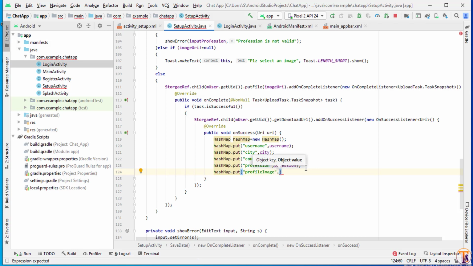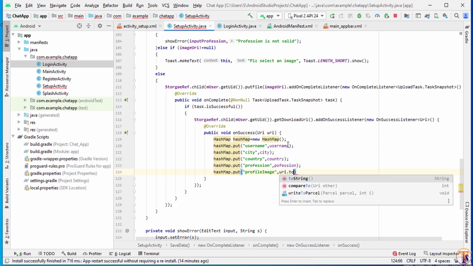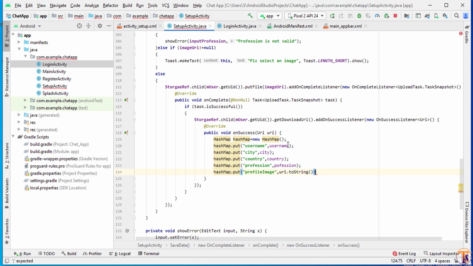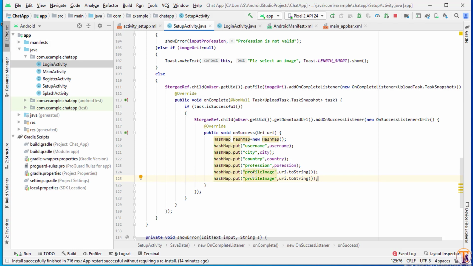The URI that we will get here, this one, we will download the URI of that uploaded image dot URI dot toString, and last one is we will store status. So here we will store status is offline.